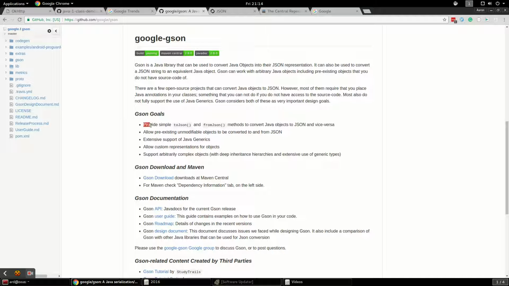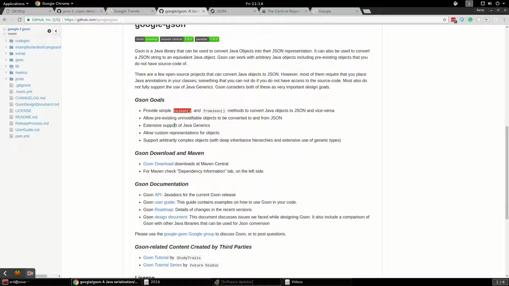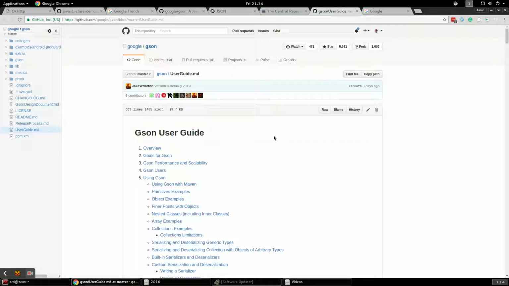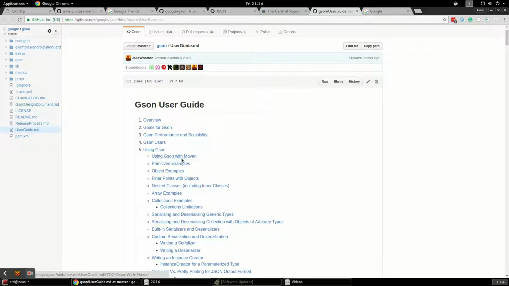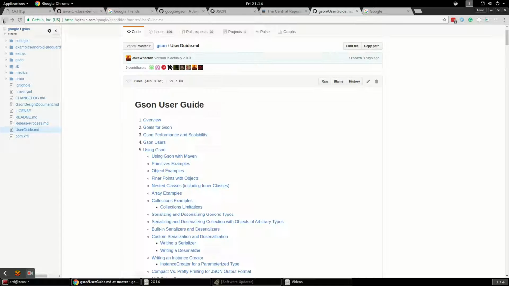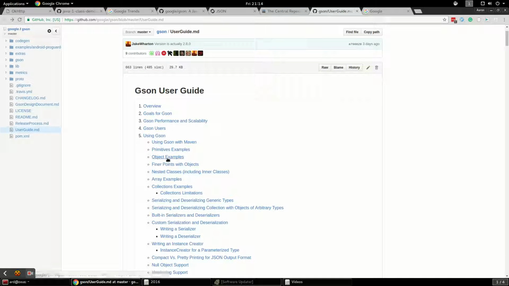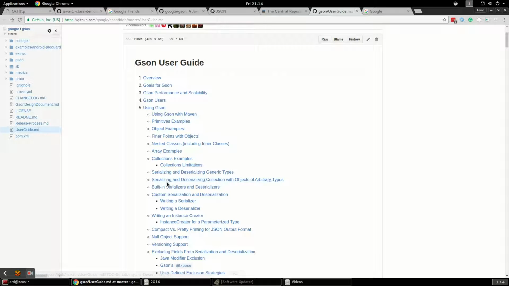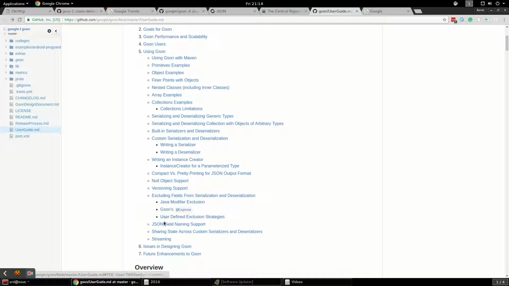If we look at this first sentence here, it says it provides toJson and fromJson. I think what we want to do is this toJson here. So let's do that. And I think we're going to go straight to this user guide that looks pretty good. Let's see what we've got here. So using Gson with Maven, I think we already figured that out. Let's go back. Let's see. What we want to do is parse JSON. So let's see if we can find